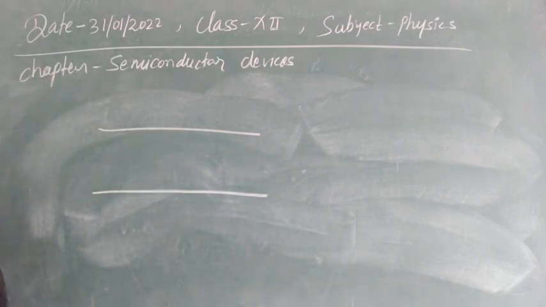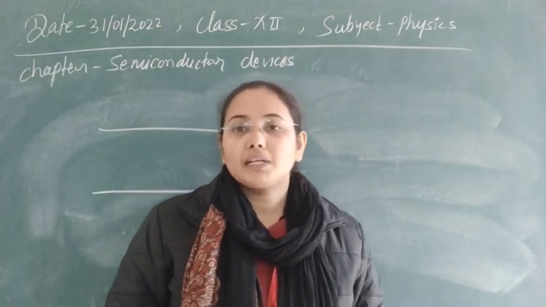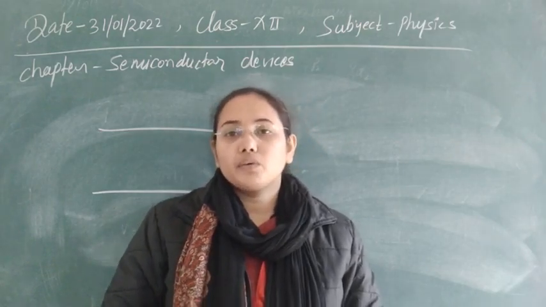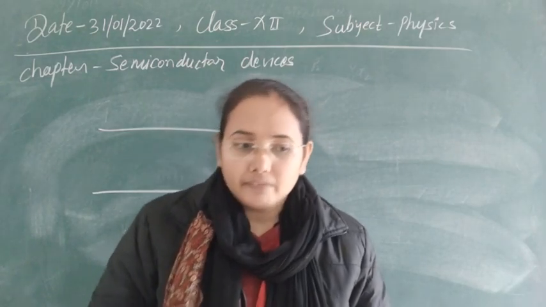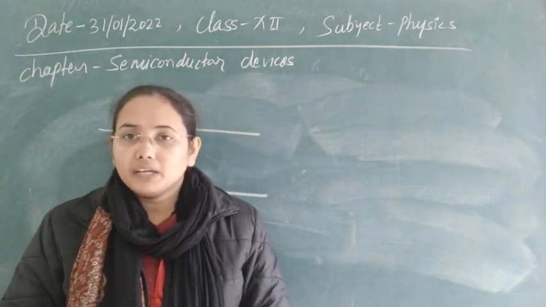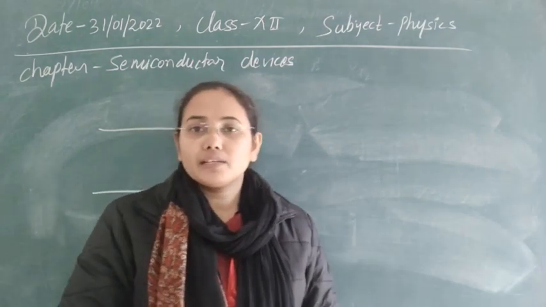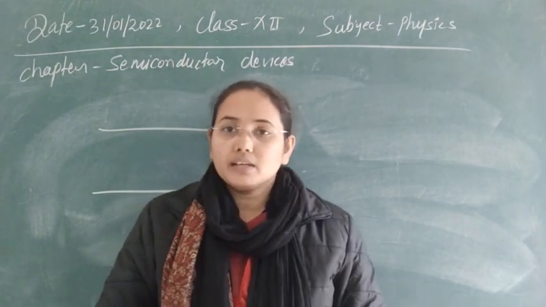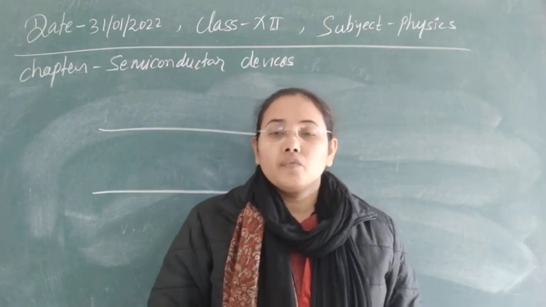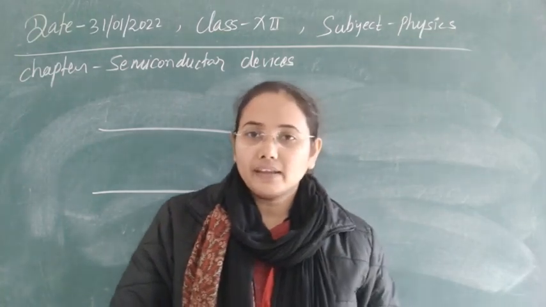But if we look at the data for semiconductor materials, different semiconductor materials show different forbidden energy band gaps. Like if we go for germanium, it has a forbidden energy band gap of 0.7 electron volt. It means an electron needs only 0.7 electron volt of energy to go from valence to conduction band. While in the case of silicon, it needs 1.1 electron volt. For gallium arsenide, or gallium phosphide, it takes 5 electron volt.